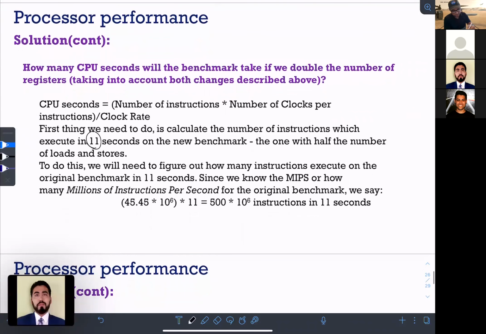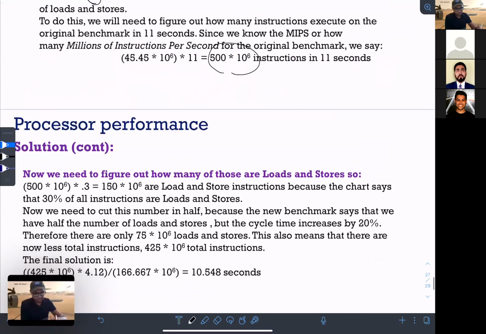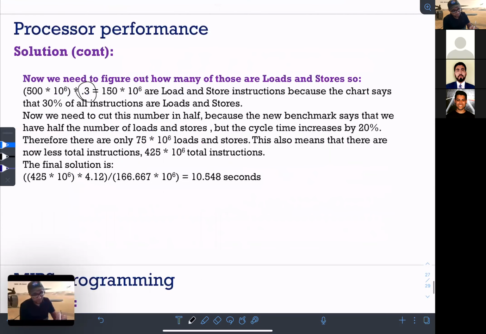So basically, at the end of the day, we're trying to get the number of instructions again. And from there, we can apply the percentage of the loads. Do you remember it was 30% in the beginning? Instead of 30, it's going to be 15, right? And also you're going to apply the new clock rate, because you already have 166667, right? So at the end of the day, the number will come to be like that, which is